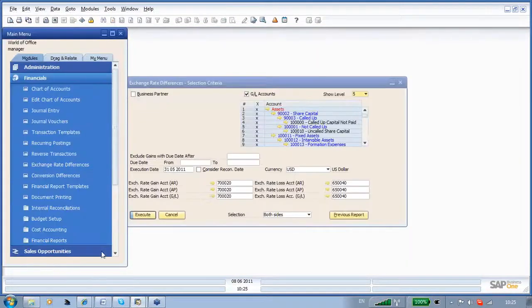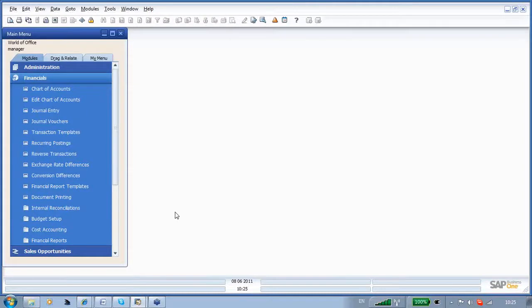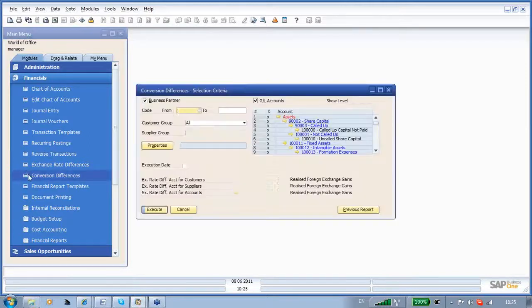Okay, so the final routine that I wanted to look at today is something called the conversion differences. Now typically this is used for those customers who are running with a different system currency. So in this particular case, we are using a different system currency. We're using euros, and generally